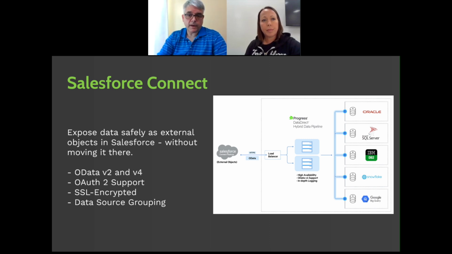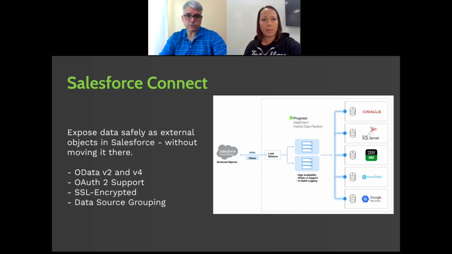We even support database views. So if you create a view in Oracle, let's say, which then only returns specific data from tables joined together, you can then expose that view as an OData stream to Salesforce Connect. And when you run your report, the data will be pulled directly from Oracle into that report for consumption by your Salesforce users.